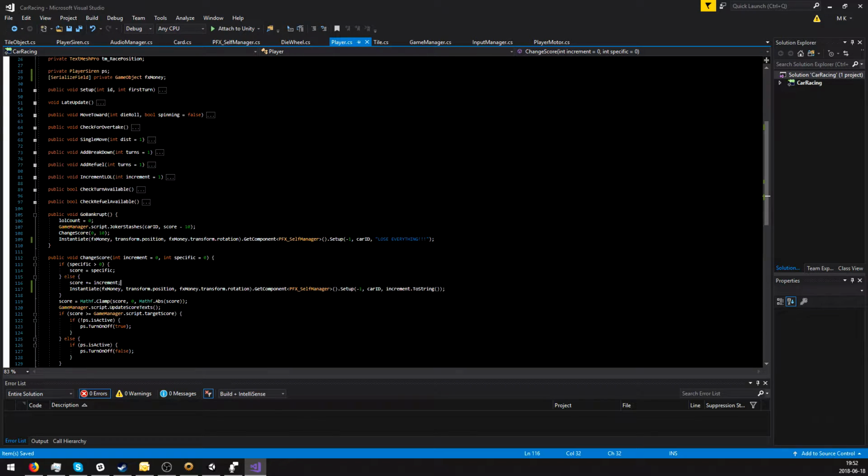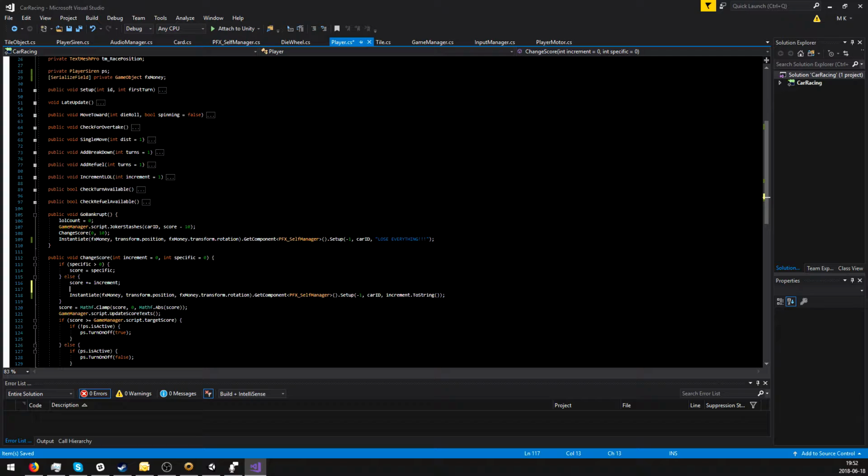Now here, so we need to figure this out. If the increment brings us too far down, we need to do something about it. Let's think this through because it's basic arithmetic, right? So it's 700 minus 1,000, so the delta is 300. That one needs to be removed from the increment. So the increment, we will need to go if score plus increment is lower than 0, that's what we should ask, right? Then we should say